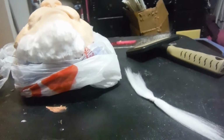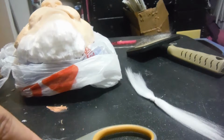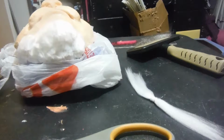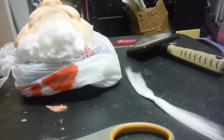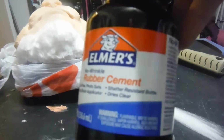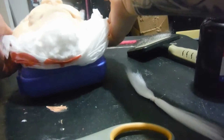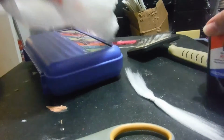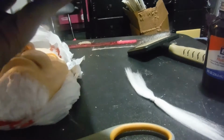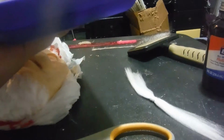Now, here's the part that people are curious about. What I'm going to do is I prefer to use rubber cement, because it dries quick, it's not too messy, it's clear. And the other thing that I use, because these come with that big brush in there, and that can get really, really messy and really sloppy, and then you get fuzz all over the brush, and it's just bad news all around. So what I like to do is I take tweezers,